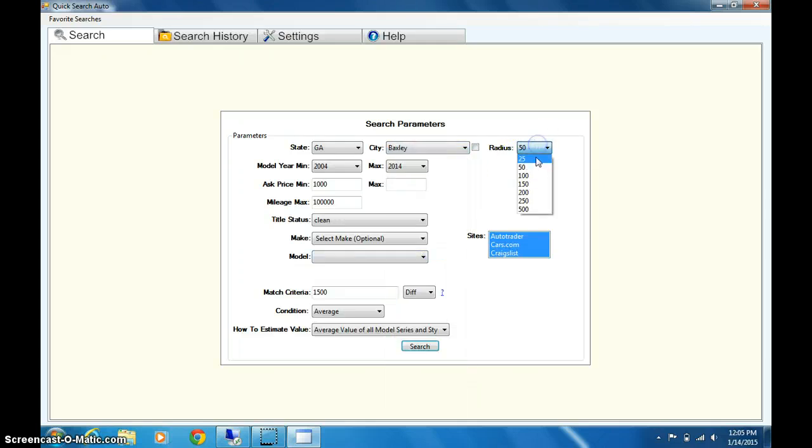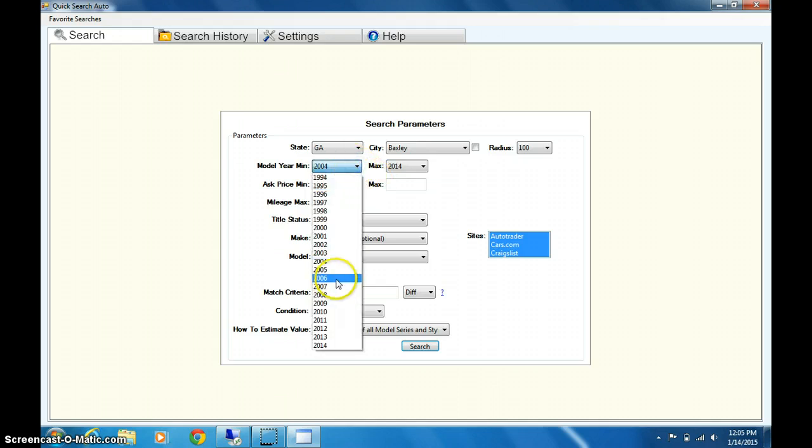Since Baxley is kind of small, we'll run it for a 100-mile radius and change these settings a little to give you more results. I generally set a maximum price because unless you're interested in buying a $200,000 Rolls Royce, it's a good idea to put an upper cap for the ask price. And we'll up this mileage a little bit,